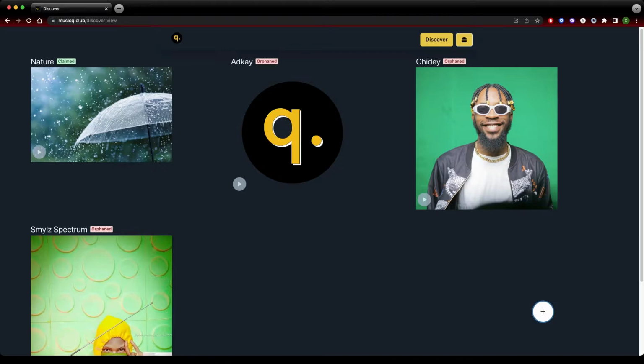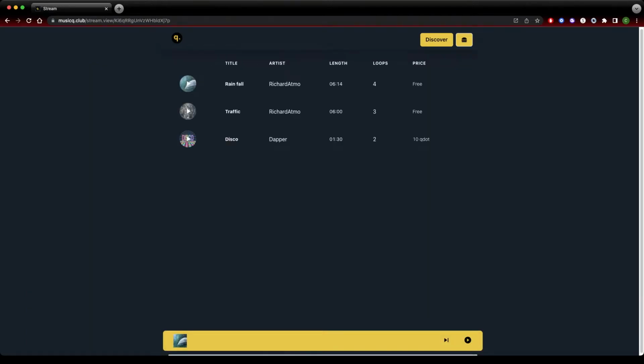Once you have a queue created, you can click on the button to play the queue. Well, if your queue doesn't have a song on it, you wouldn't see anything, so you won't be able to play it. In this case, this one has some tracks in it. So I can click play, and it will play the rainfall track, and the rainfall track is free, so everything